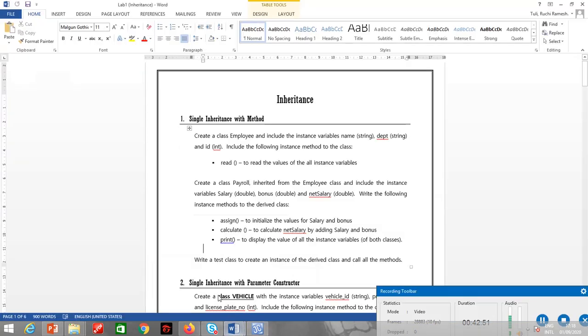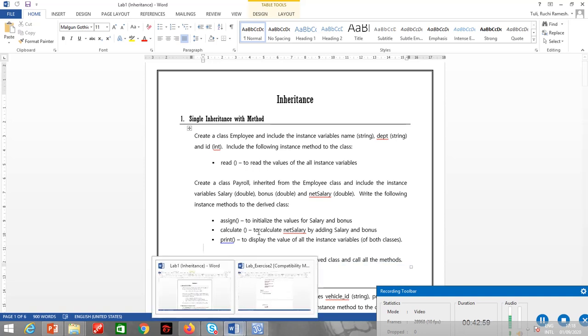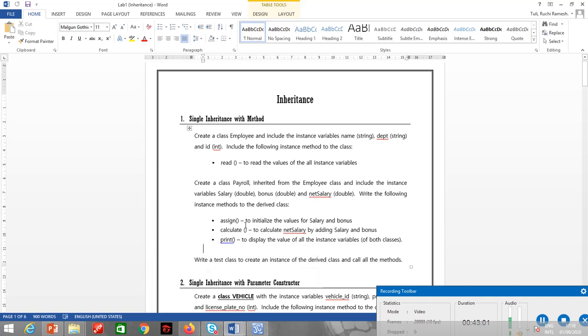What's the last method? The last method is print. I want to print the values of the instance variables for both the classes. That means I want to print the value of the variables for this class payroll and for the class employee.